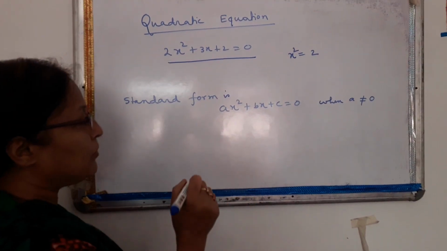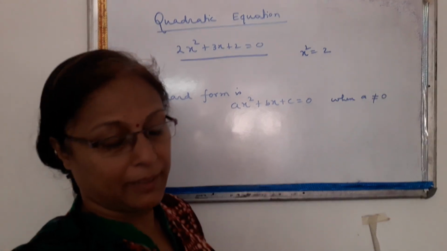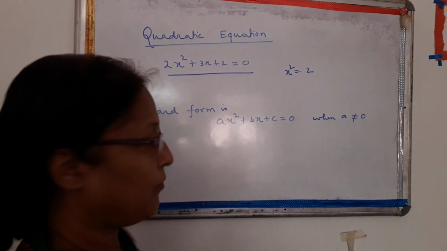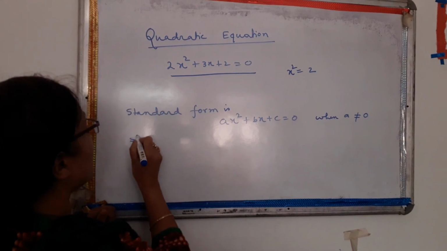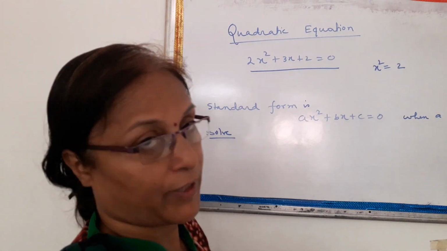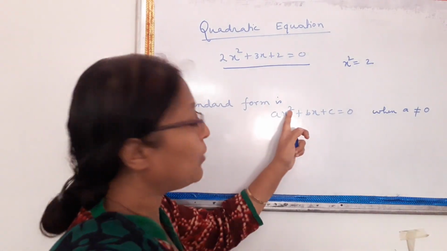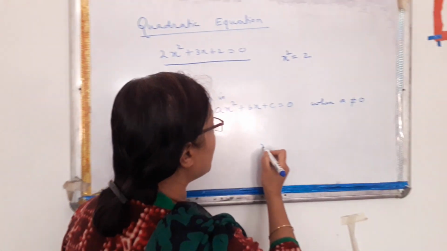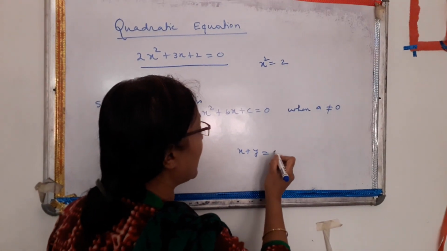Okay. Now today I am going to that part where solving part is there. The equation you have to solve. So solving part, solve means to find x, the value of x. Since highest power is 2, how many values will we get? 2. You remember the degree of the equation decides how many values.